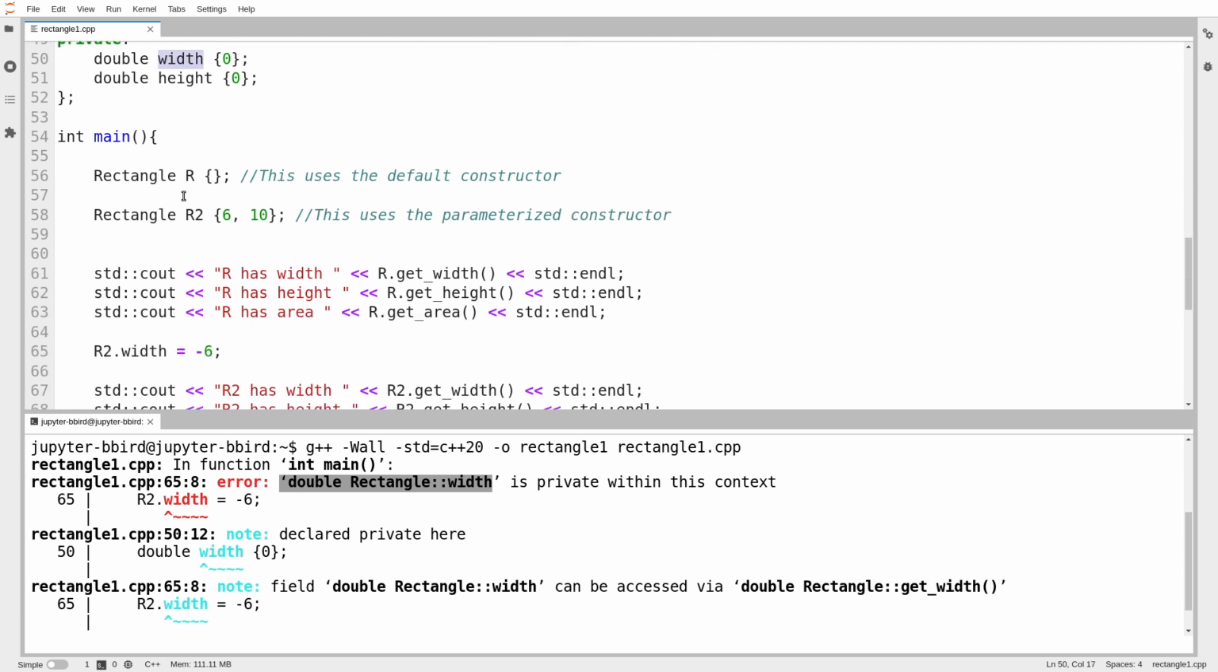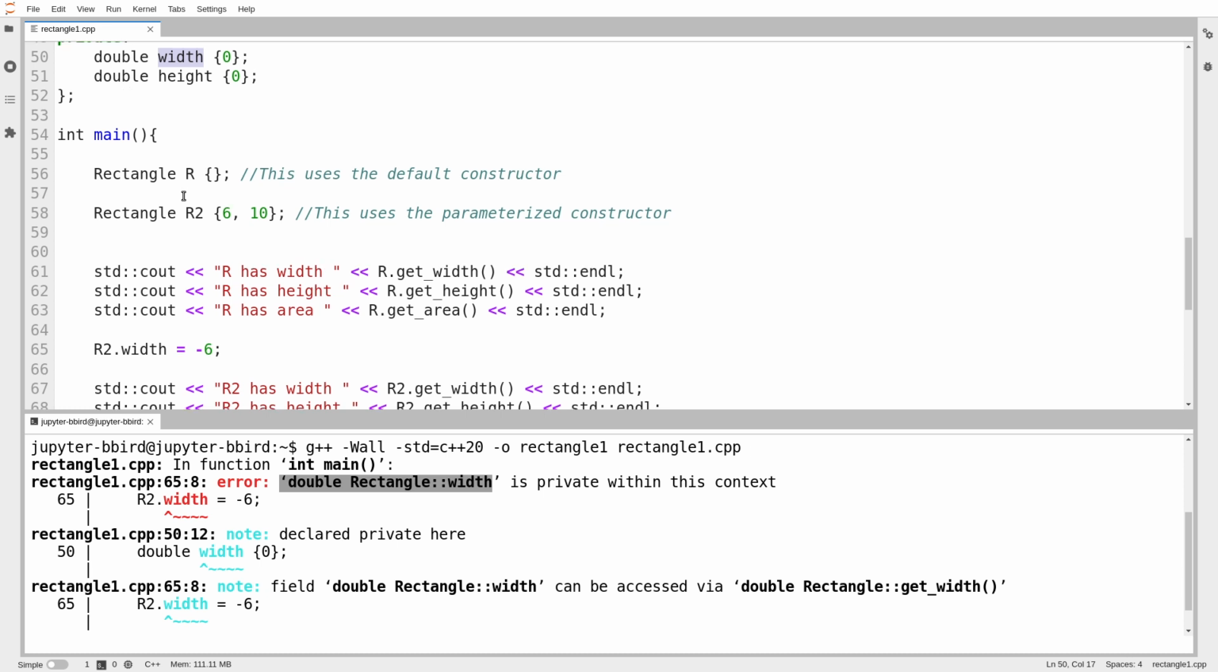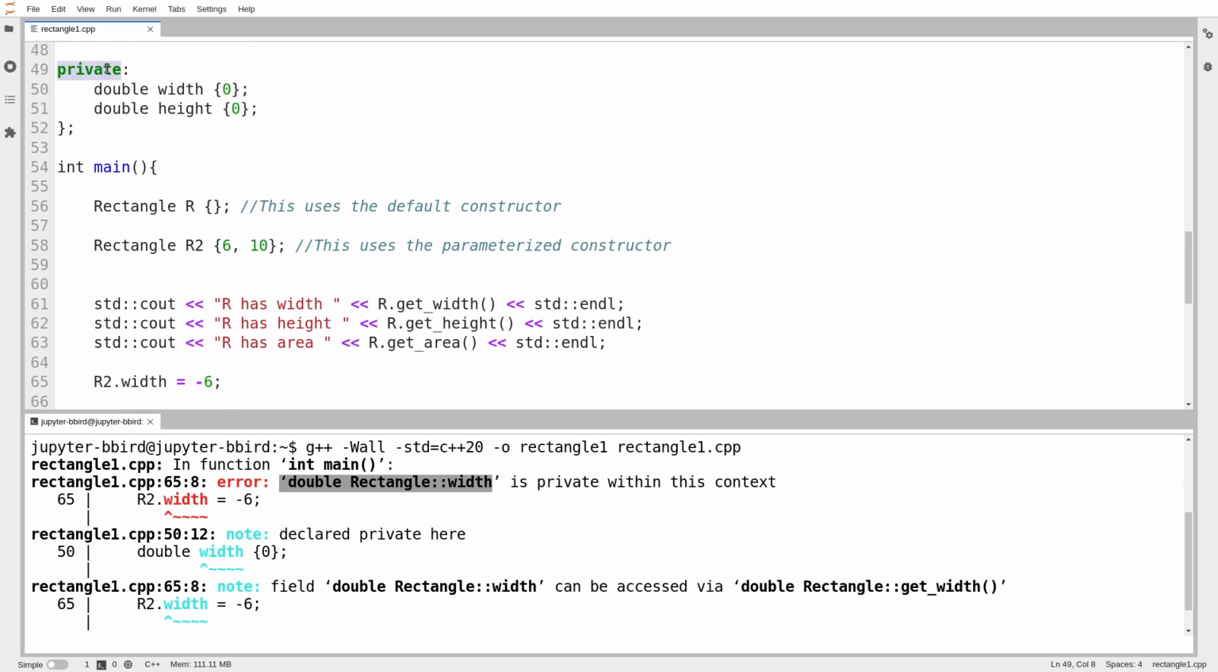You're not allowed to use it. You're not allowed to set it. You can't do anything with it. As far as you're concerned, it doesn't exist. On the other hand, if I set width to be public by adding it to a public section, and then